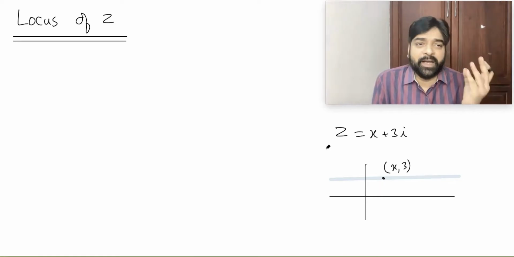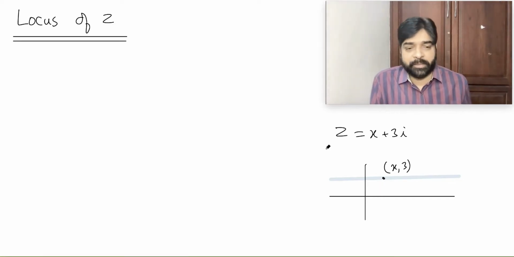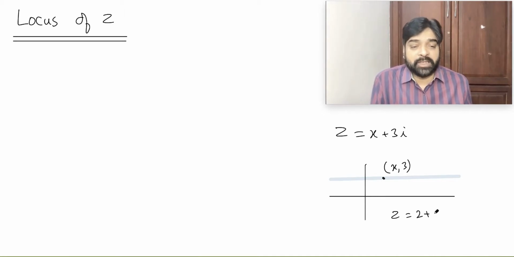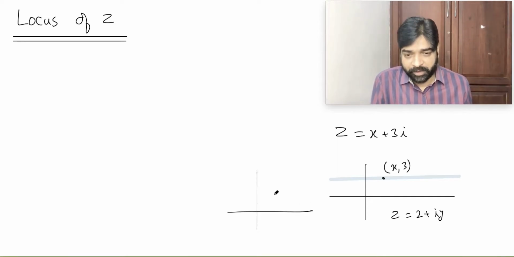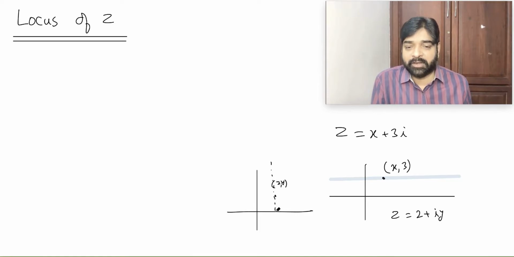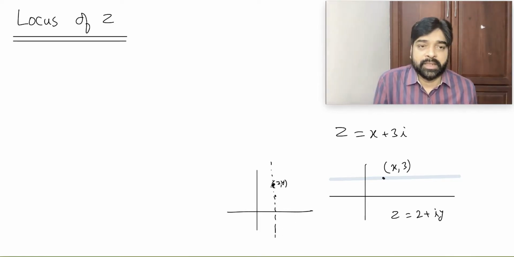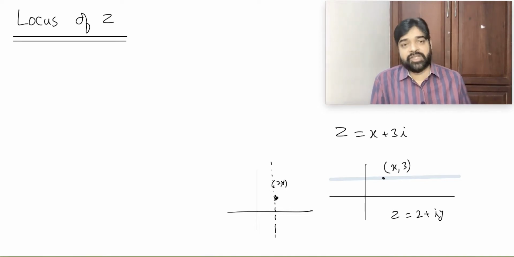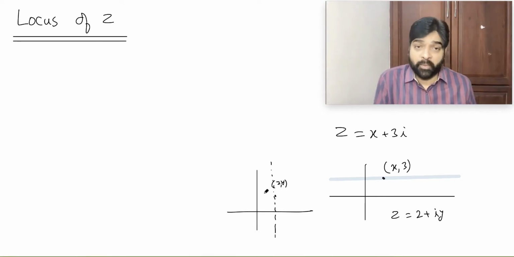I am not going very deep. Already you studied the locus a little bit in coordinate geometry. If I ask you what is the locus of 2 plus iy? Suppose this is one point, 2 comma y. Now it has to move such that this value should always be 2. So now it will move like this, or not? Yes or no? Then only the x value will always be 2. So we'll say that again a straight line, but this time parallel to y-axis.